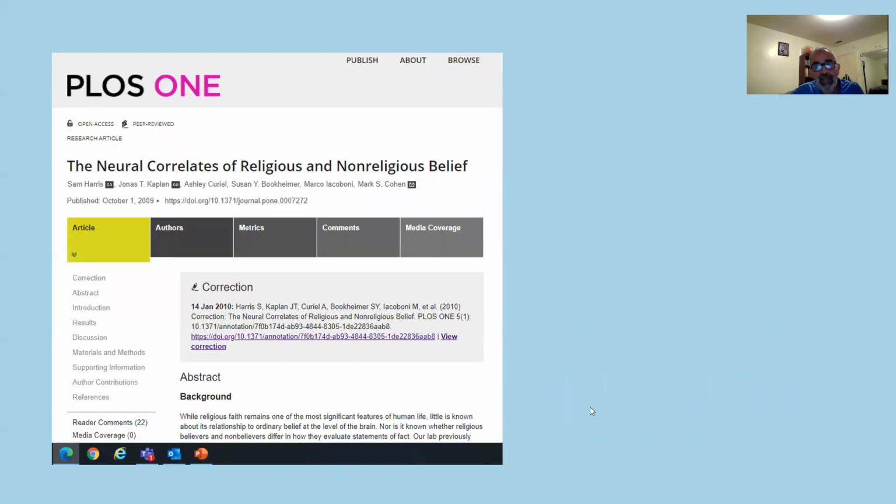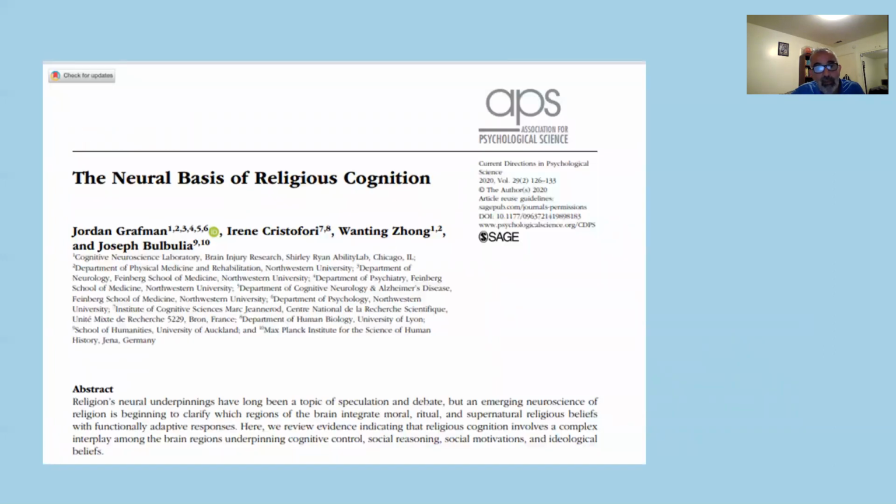Now, we said that SPECT scanning is not as anatomically accurate as MRI, and these initial studies have now been followed by other studies that have used functional MRI scanning to look at the neural correlates of religious and non-religious belief. And what have they found? Because, and here's another paper, by the way, the neural basis of religious cognition. And so you see that these papers now, paper after paper, are finding